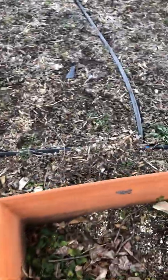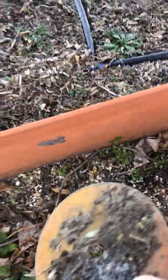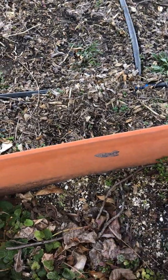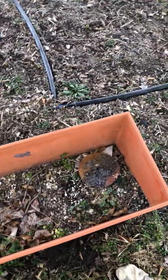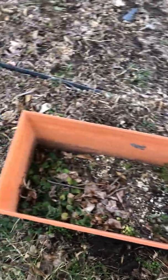In here, see, I had these old DVDs that I hung up to scare the birds. I gotta clean those up because they're pretty much just trash now. But in here, I'm gonna plant something. I want to plant savory and marjoram, maybe,